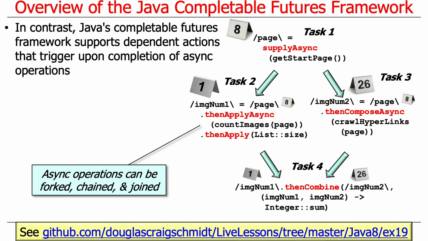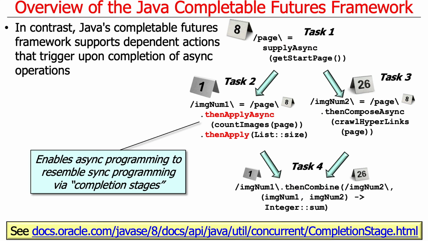And so you're basically programming an implicit graph of asynchronous tasks that are being managed under the hood by lower level Java concurrency mechanisms, usually but not limited to the common fork join pool. The cool thing about Completable Futures is it allows you to have asynchronous computations that look like synchronous computations, in